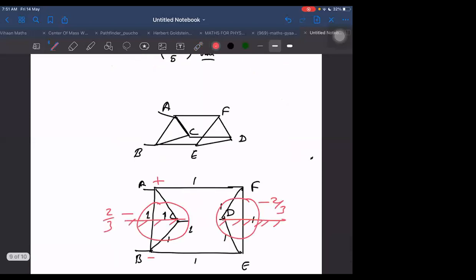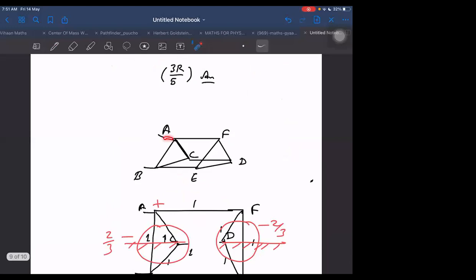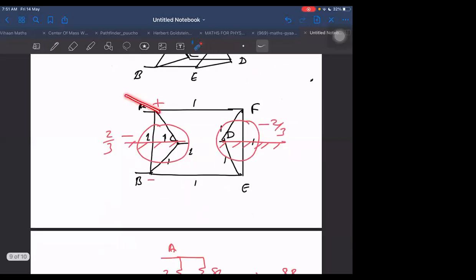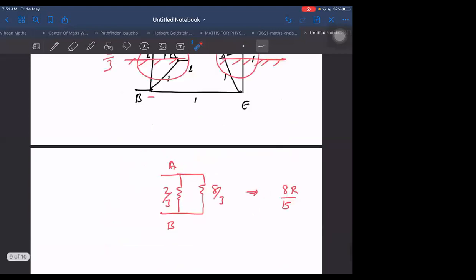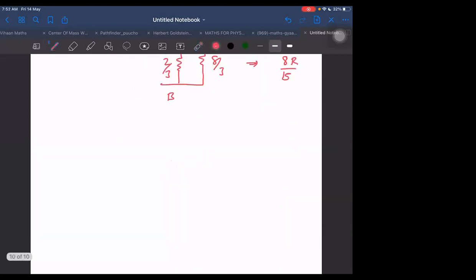Is any one case left in this, or are all done? One done, the other one done. These are the only possible ones, I think. No, yes, sir, one is diagonal. A with E. A with E is also possible. If I look at this diagram, A with E doesn't even appear symmetric to me, whether I look at this angle or any other angle. It may be slightly complicated. Let us go for A with E.